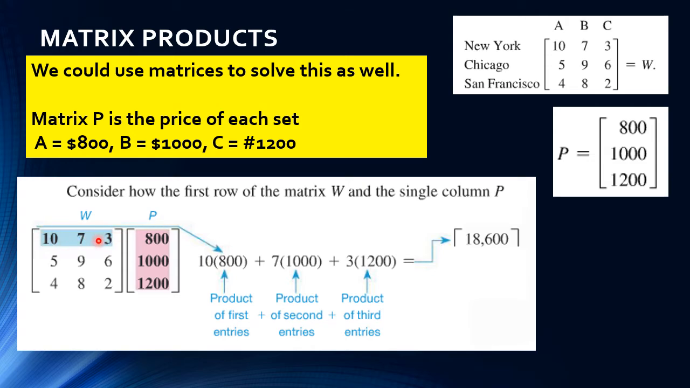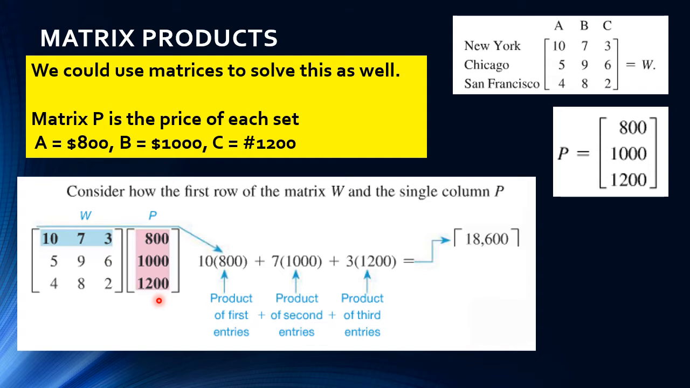What happens in matrix multiplication is you take the row of the first matrix times the column of the second. So when we're doing the warehouse matrix times the price matrix, it's the row of the warehouse times the price of each set. Row times column. If you remember,